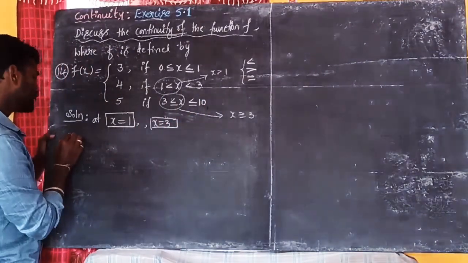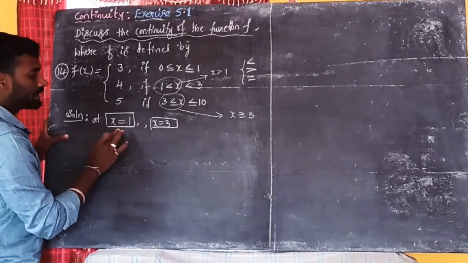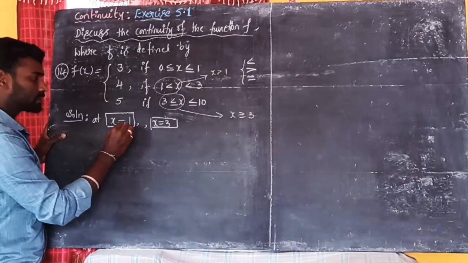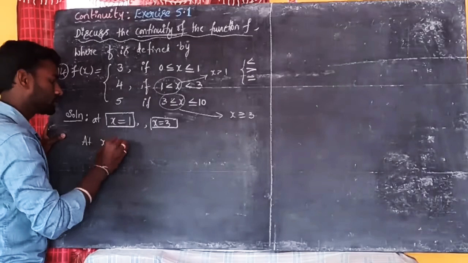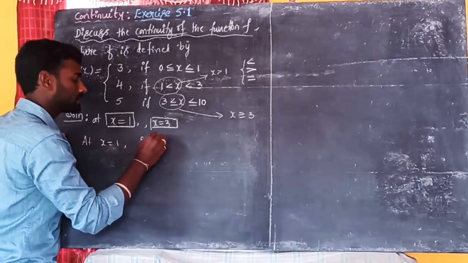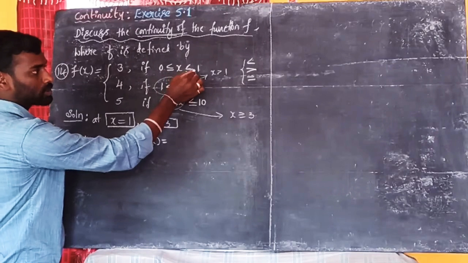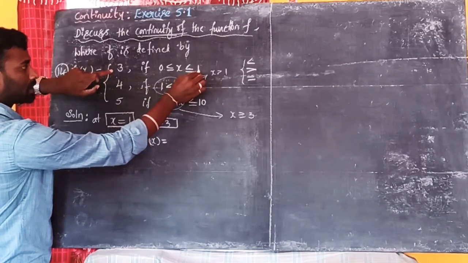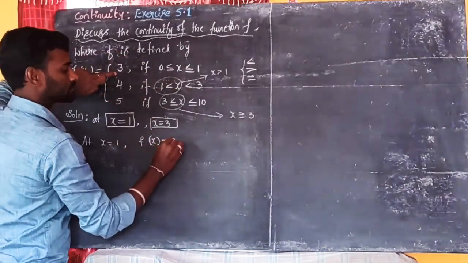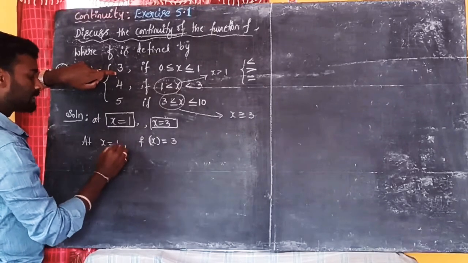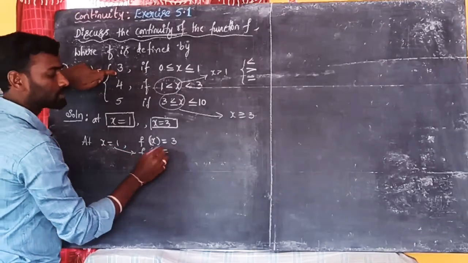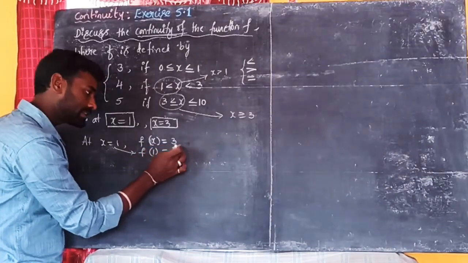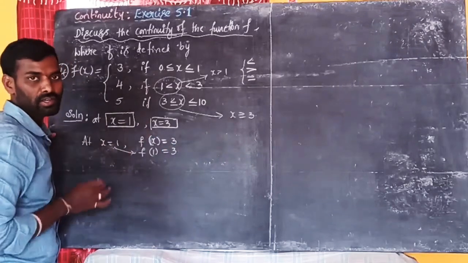Okay, now solution. Now check the continuity at this point 1 first. Okay, now here observe, guys. At x is equal to 1, f of x is equal to what, guys? At x is equal to 1 means this condition, right? X is equal to 1 means this condition. X is equal to 1, our function is what? F of x is equal to 3, guys. Similarly, at x is equal to 1, f of 1 is also 3. In place of x, we have to substitute, but here x is not there. You have to write the same thing. 3 is a constant. You have to write the same thing.